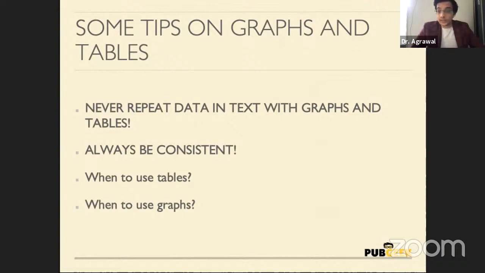Don't do that. Either include it in your text and you can just say whatever you need to say in your text, or have a table and reference that table in your text. So you can say that information about the demographic details of the patients can be found in table 1 or table 2, etc. So that's how you prevent